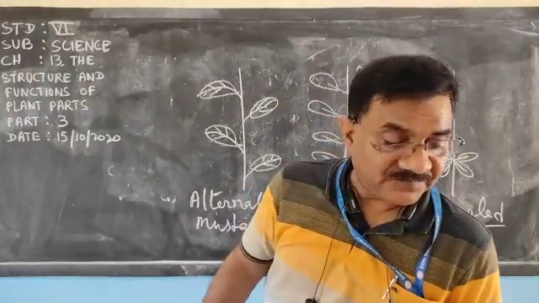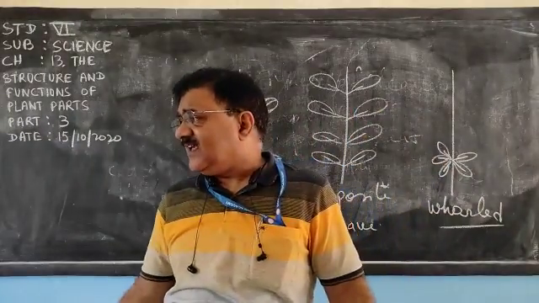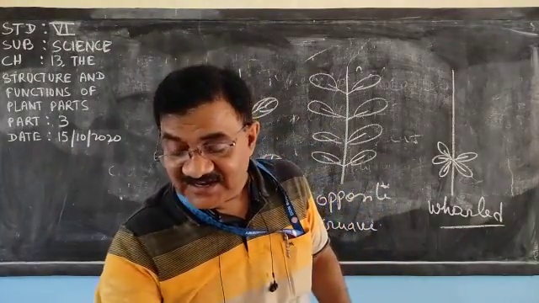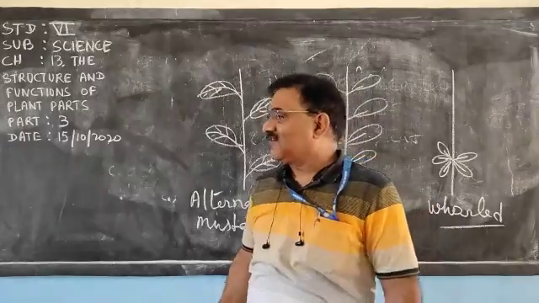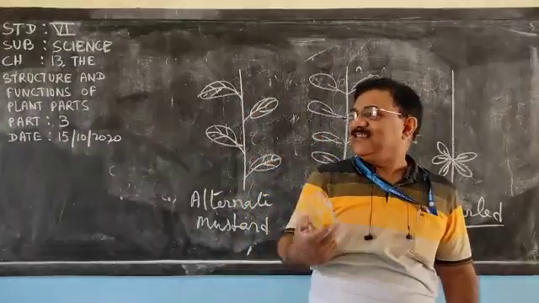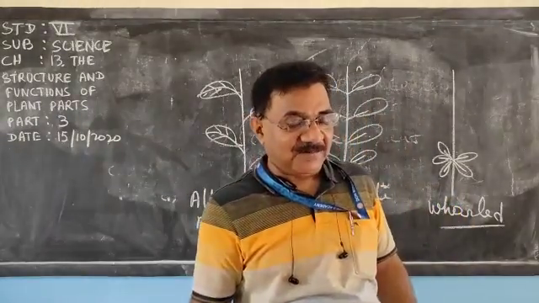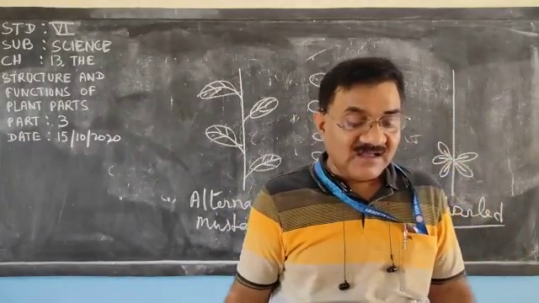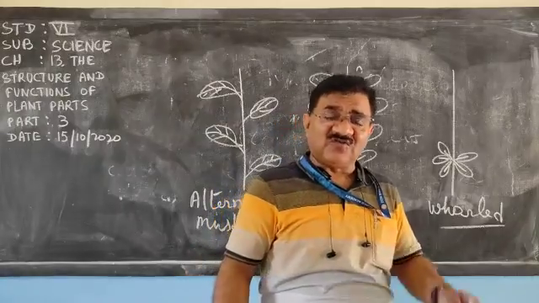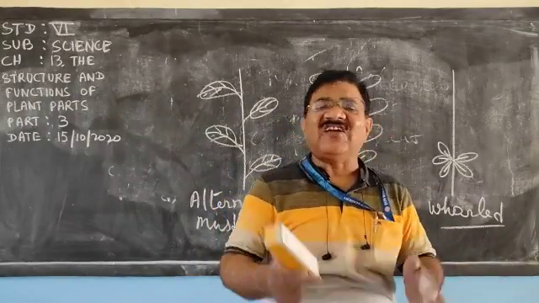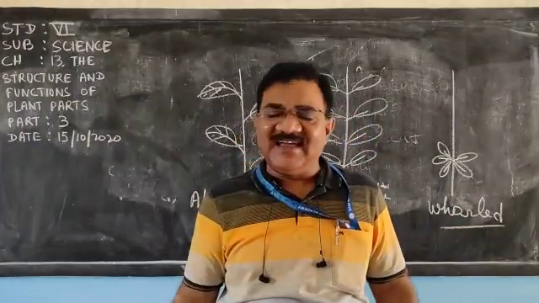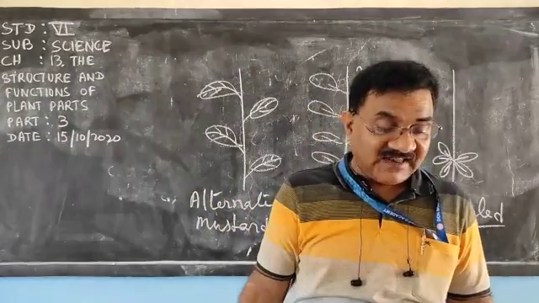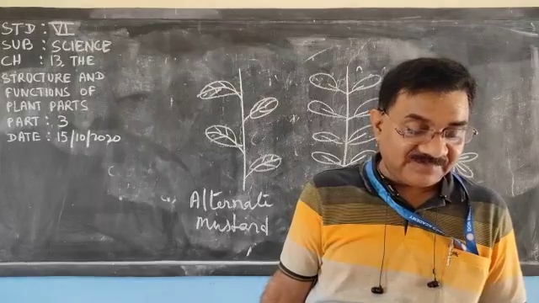Now, what are the functions of the leaves? Naturally, leaves contain chloroplast, so photosynthesis, the preparation of food, is a function. Leaves have stomata, which are pores, so extra water is released with the help of leaves. The process of transpiration takes place through the leaves.